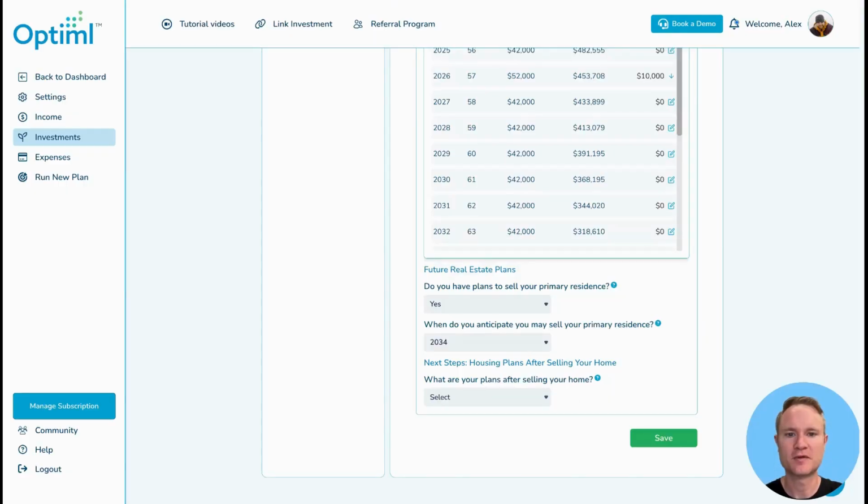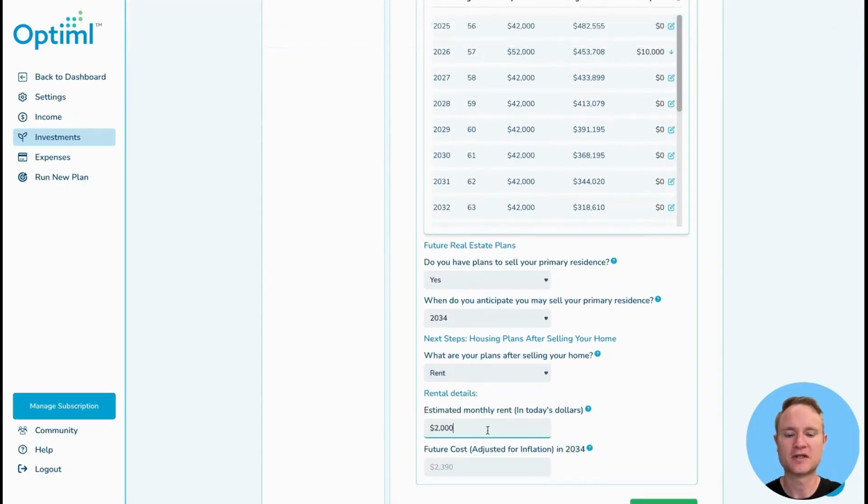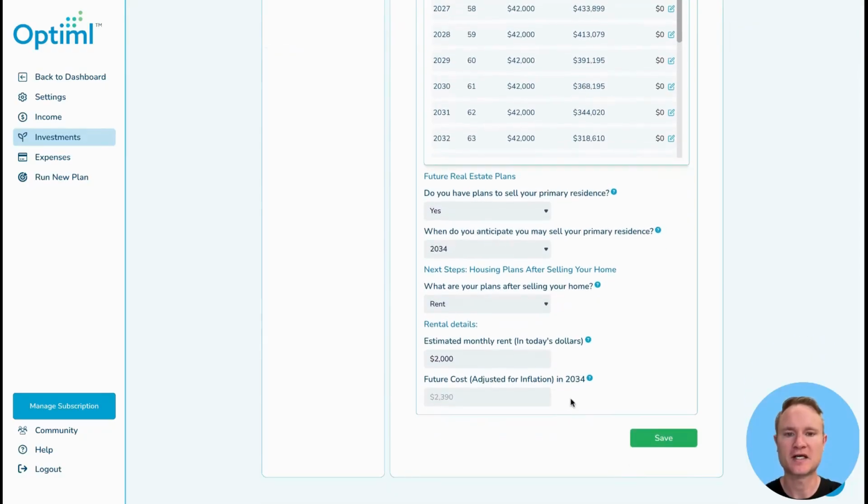If you'd like to simulate selling your primary residence and renting, select Rent, input the estimated monthly payments, and we'll automatically calculate what that payment will look like based on inflation in the year that you're selling your home. Whether you're purchasing a new home, renting, or selecting other, once all required fields are completed, select Next or Save